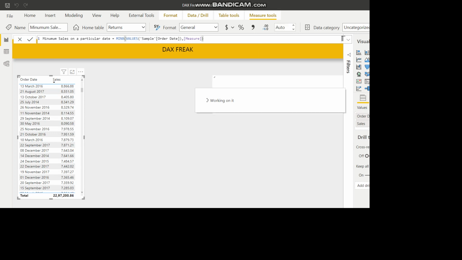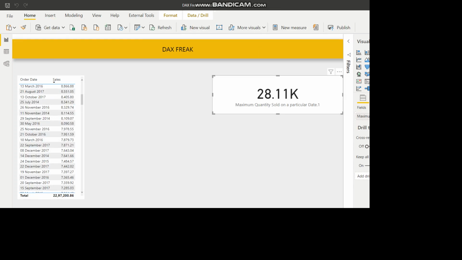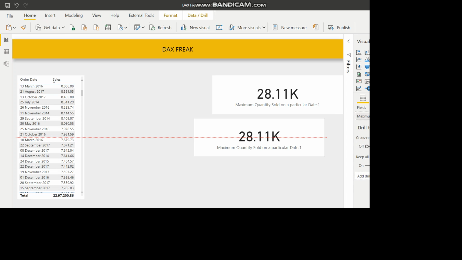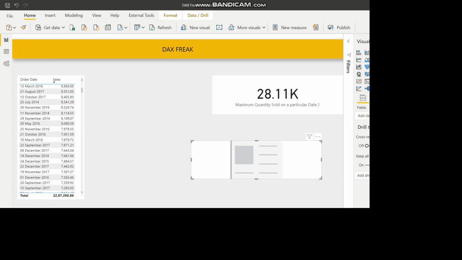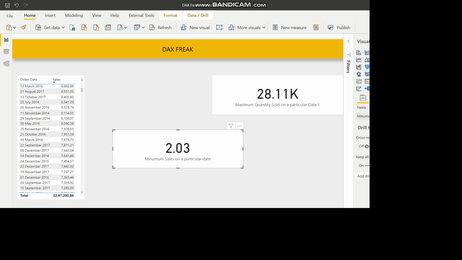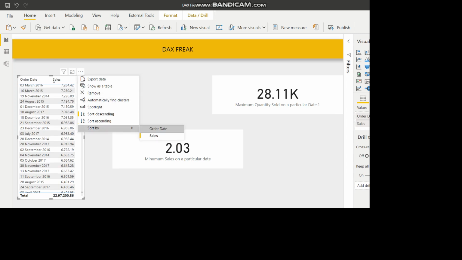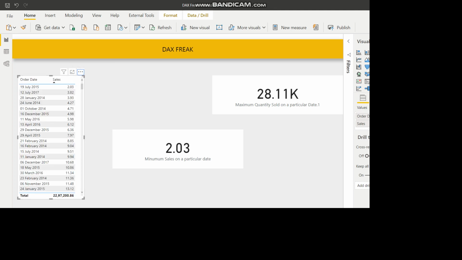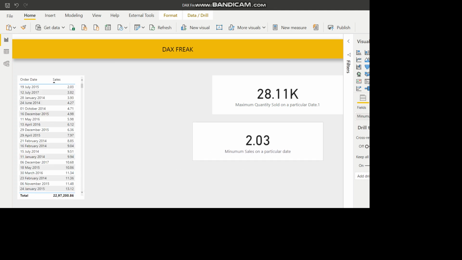So you add it here. I just copy it, close this and pull this one. So 2.03. There is one date where the sales amount is 2.03. That's it. If I sort this in ascending order, 2.03. So the result will tell you that.